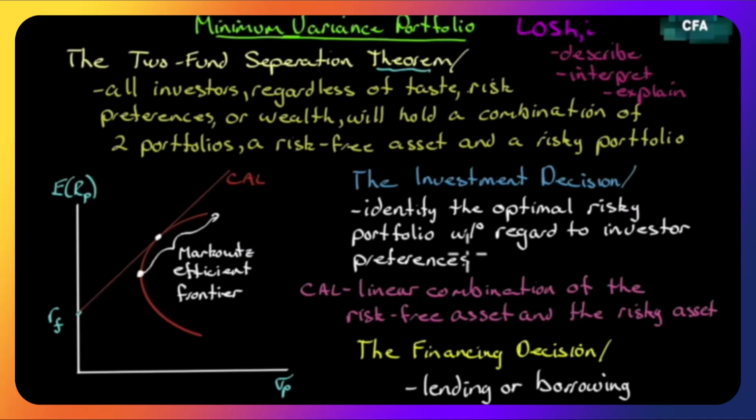Great. So we've identified it. We have our capital allocation line, which we know is a linear combination of the risk-free asset and the risky asset. So keep in mind, we've identified this optimal risky portfolio, which is probably somewhere on the Markowitz efficient frontier, from the global minimum variance point on upwards, anywhere on the efficient part. We already know that if we draw a tangent from the risk-free rate to the efficient part, we will identify the optimal risky portfolio. All we're left with now is the financing decision.